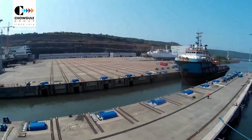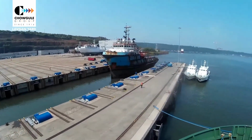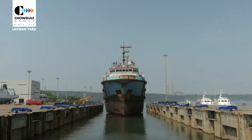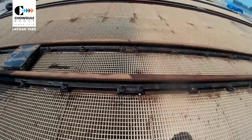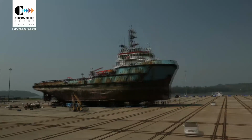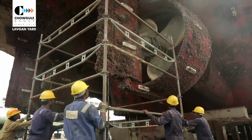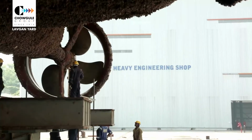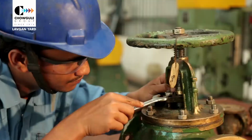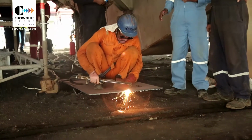Our 260-meter-long service quayside provides for wet berth repairs of ships and rigs. However, we also lift ships and barges out of the water to carry out the full range of survey, maintenance and repair work. Stern gear, rudders, tail shafts and propellers, machinery overhaul, mechanical and electrical outfitting, steel repairs and piping,